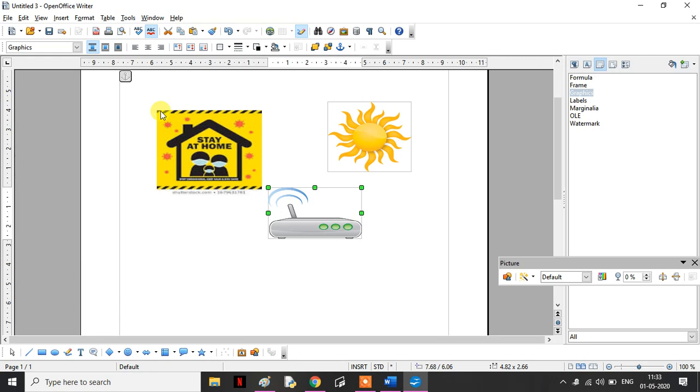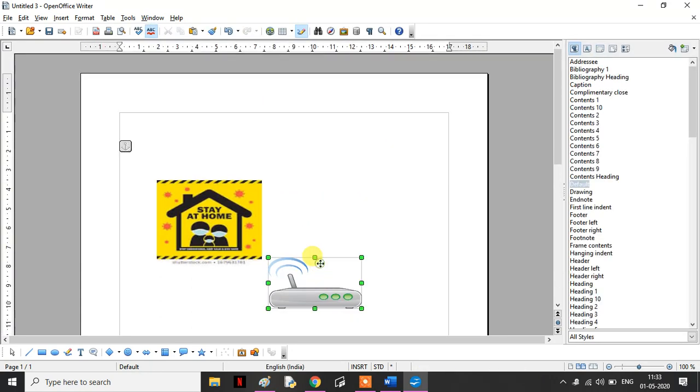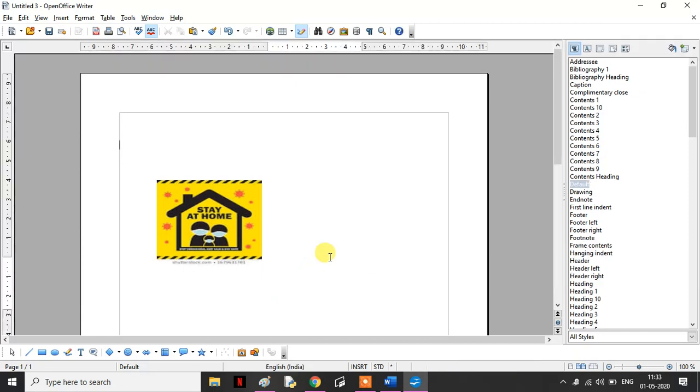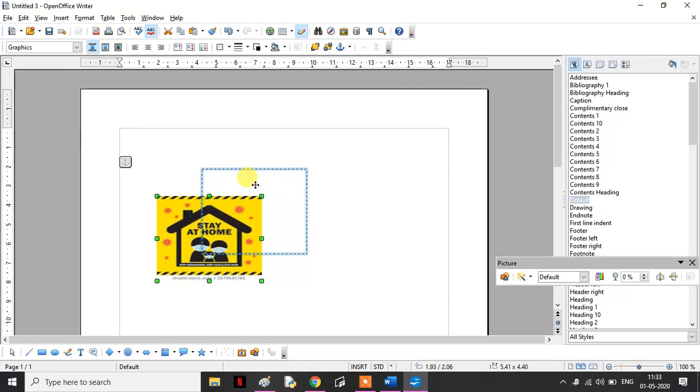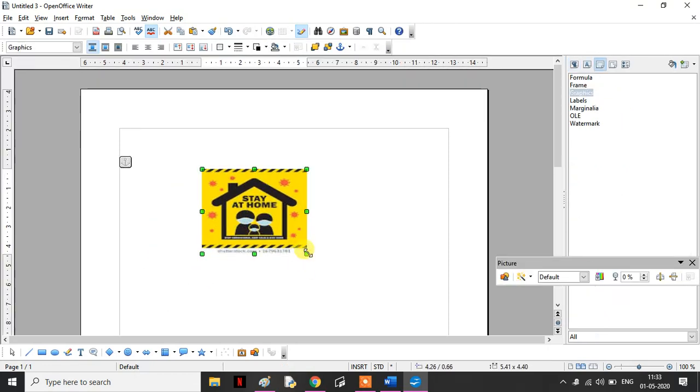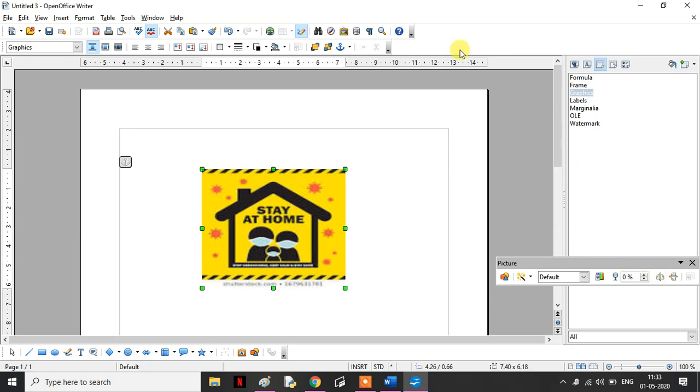Now I'll show you how to set the properties. Suppose I remove these images which I added from the gallery. Now I want to set the properties of the image. For that, I should have the Properties window, using which I can set the image properties. Right now there is no Properties window displayed here.